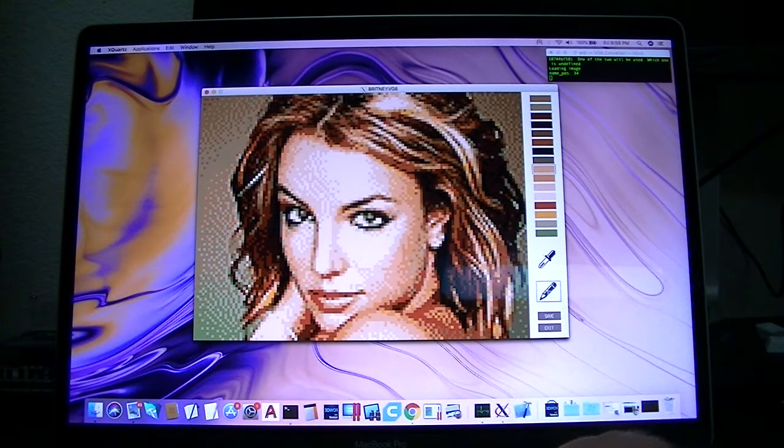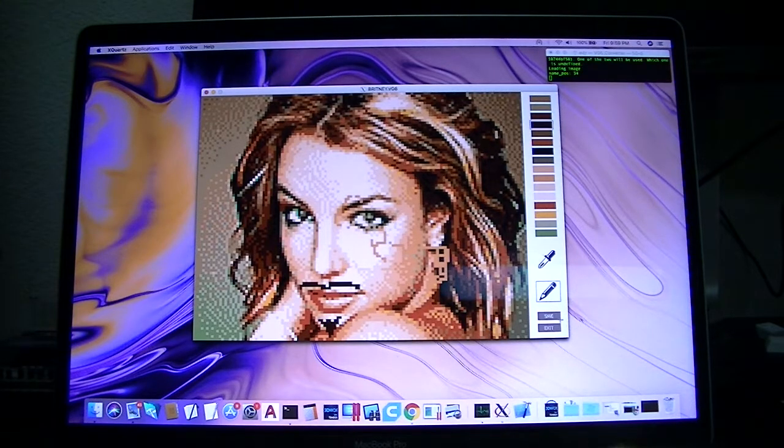So you can go in and do some editing. Say I did not like this little red dot right here. I can go in, select a color next to it, grab my pencil, go in, and just remove it like that. Change the color. You can also hold it down and drag, and change a lot of pixels at once. We're going to make a big mess here. Give her a mustache. Little beard. There. Anyway. Then, whenever you've finished your changes on editing it, you can just click Save